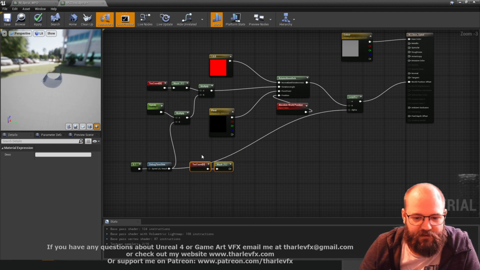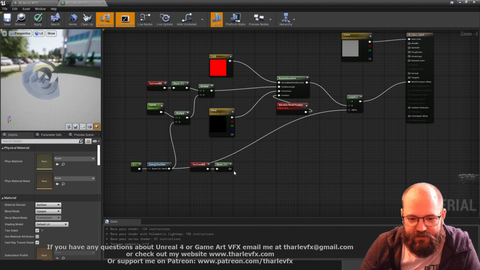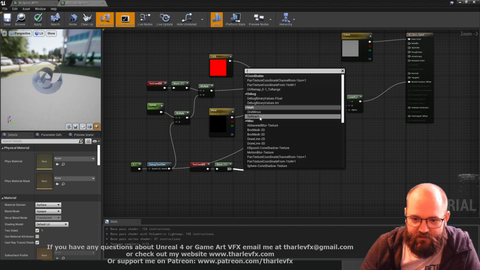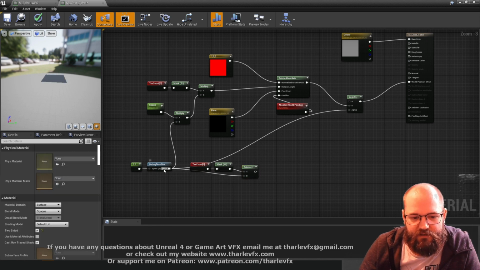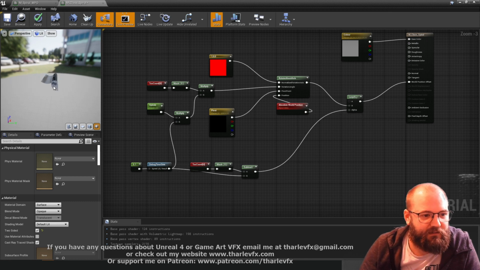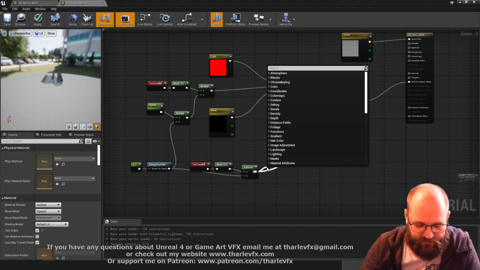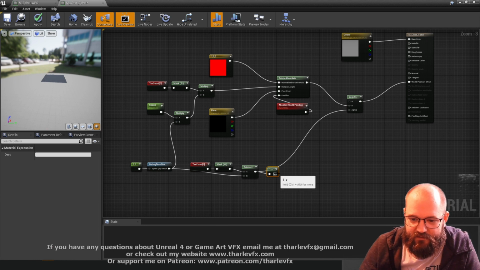I'm just going to take that, and rather than just blending those 2 things together, I'm going to subtract this value. So when this is a value of 1, we're going to get pure 0 in here, pure black, and that's going to give us a slightly better result for this. Ooh, make sure it's the right way around. That looks like it's the wrong way around. So if I just do 1 minus this,